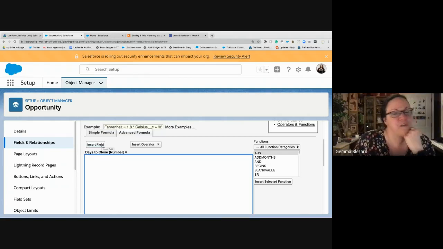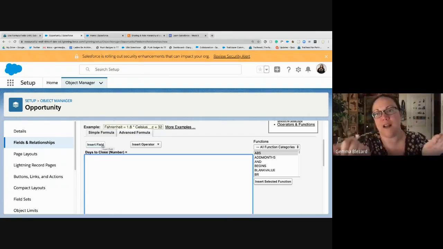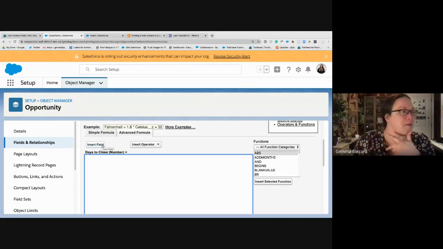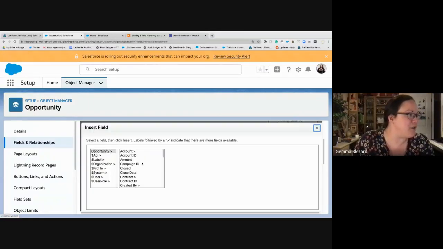So what are the two? So obviously, if I'm doing a calculation, I need some input data. Where am I going to get my input data? Well, I need to know when the opportunity is due to close, and I need to know today's date. So I'm going to go and get my opportunity close date first, and I'm going to hit insert field, and